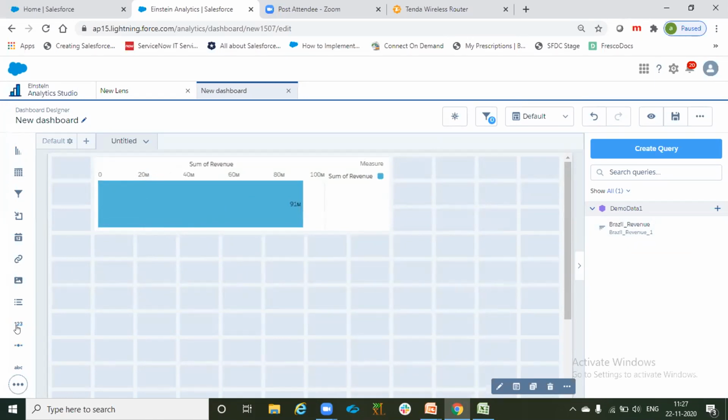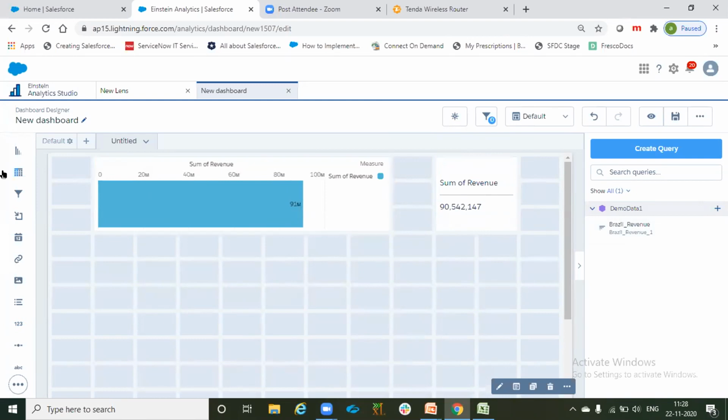Now, the most generally used way, we can use number as well because it's just a number. I can select again and I can put it here. So it shows sum of revenue 91 million. That's why I mentioned choose the correct or the right representation of the data. Both are correct. 91 million and here also the numbers are same. We are showing the same data, but choose the correct representation.